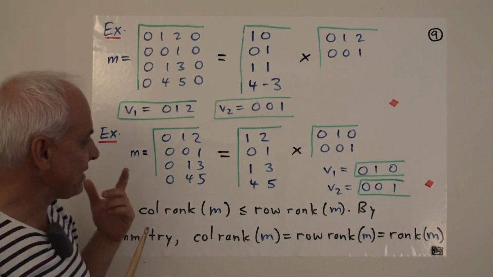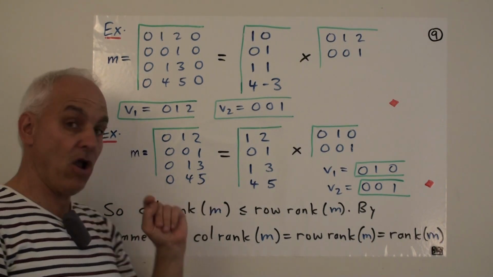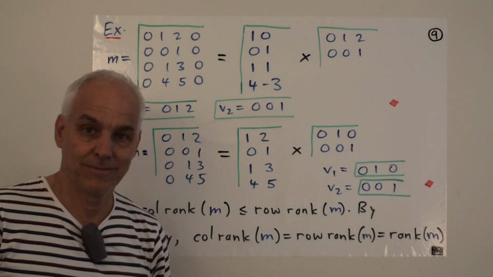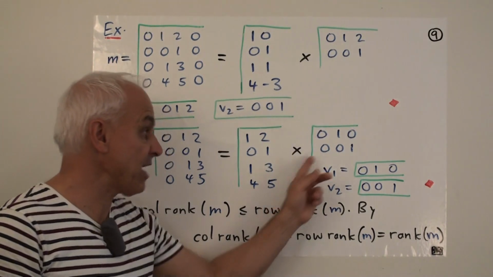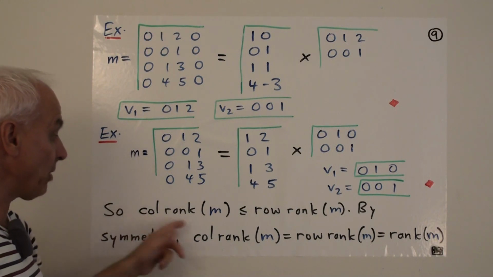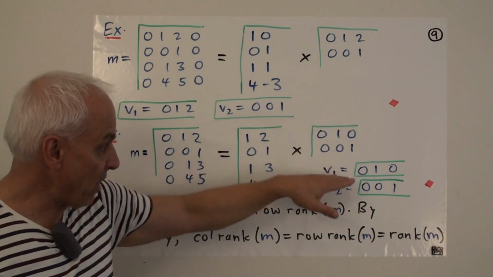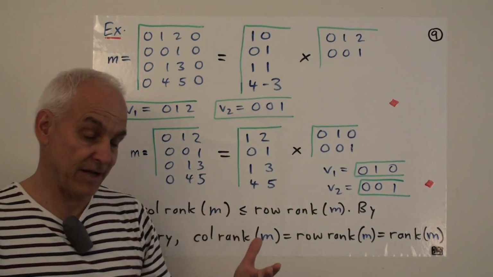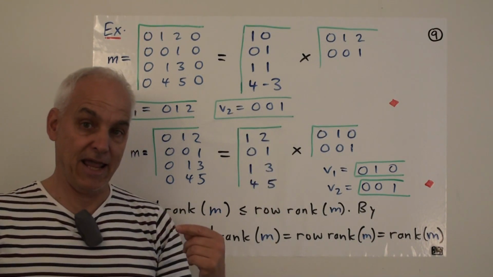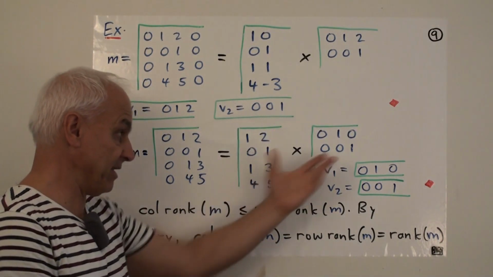So what this is saying is that once we have a factorization like this, then we know that we can express the columns here as linear combinations of these columns. And we know that there are at most k columns here by the construction. So that's telling us that the column rank of m is always less than or equal to the row rank of m. If we've found k vectors or vexels which span the rows, then we found at most k vexels which span the columns, namely the columns of the left-hand matrix in this kind of factorization.